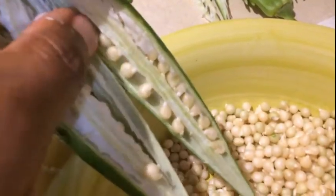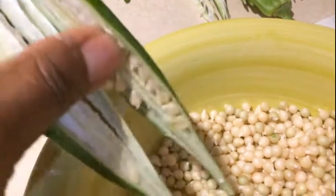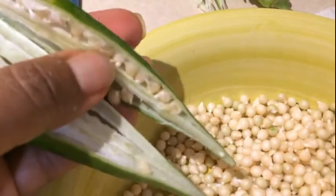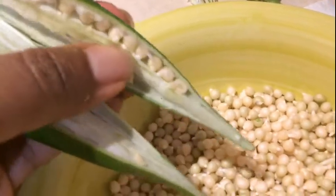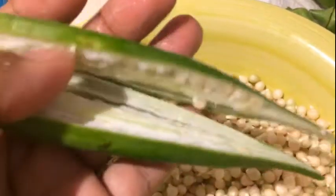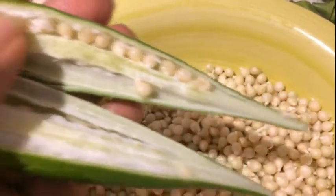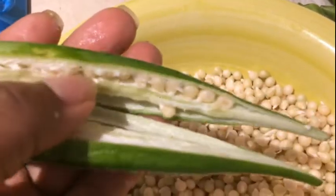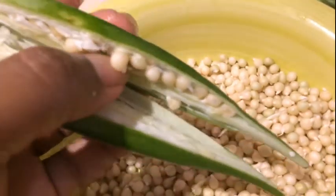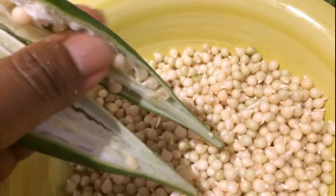They're going to fall out pretty much on their own, especially if they're big seeds and really fibrous okra that has gotten really big and just, of course, too fibrous to eat. So I'm going to go ahead and finish removing the seeds, and I'll show you guys what I have, and hopefully I can get them roasted up and